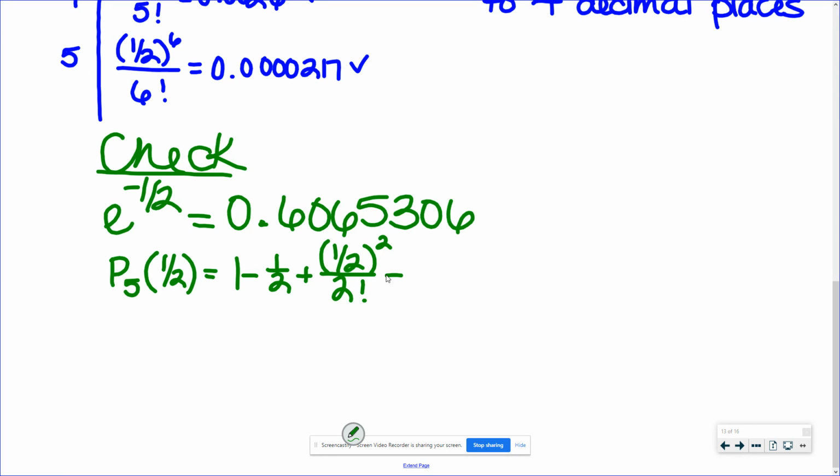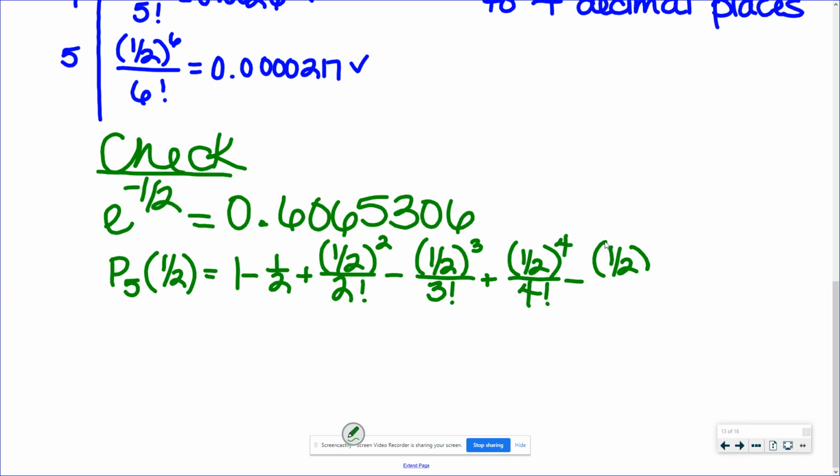And then once you have the 5th degree polynomial written out, you will type all of this into a calculator as well. And that's going to give you your estimation with the 5th degree Taylor polynomial. And that value is